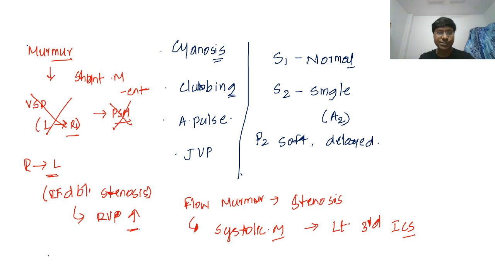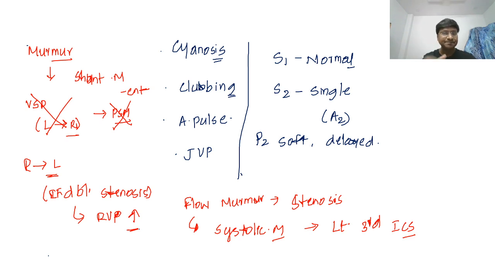Now, coming to the diagnosis. When will you suspect the presence of tetralogy of Fallot? Whenever the mother or the father complains of cyanotic spells. "Sir, when my baby cries or when I feed my baby, immediately the baby turns blue." Or on exertion while playing, the child immediately goes into a squatting position. He will sit down in a squatting position, and the blue color will return to normal color. That is what is called a cyanotic spell.